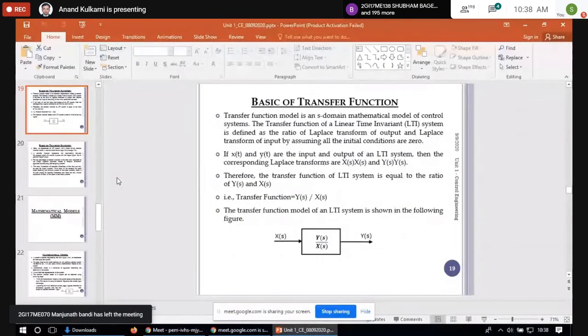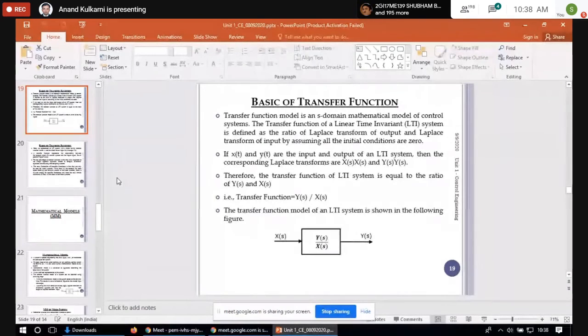For that purpose, some standard Laplace transforms you have to use. That is, the Laplace transform of f of t becomes F of s. That means t gets replaced by the Laplace operator. The Laplace operator s is a complex variable, standing for some complex number. So the function f of t becomes F of s after taking the Laplace transform, and F of s after taking the inverse Laplace transform becomes f of t.